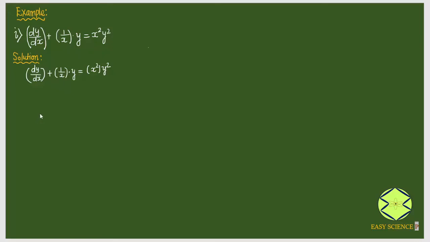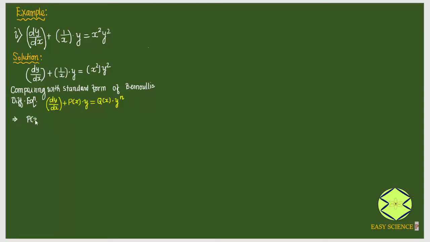So if you can observe it, you can easily conclude that it is in the form of Bernoulli's differential equation. Comparing with the standard form of Bernoulli's differential equation, you can easily conclude that the value of p of x is 1 by x. The value of q of x, again you can see the right hand side function, is x square,